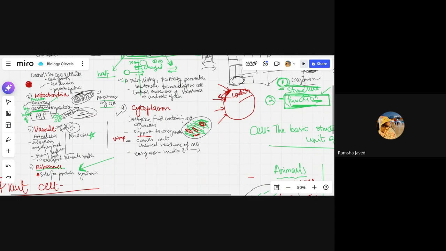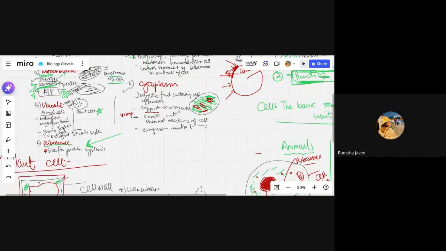Is it clear? Yes, ma'am. Good. Then we have vacuole. Vacuole is temporary in animal cells. Okay, vacuole is not a permanent vacuole. It has very less role in an animal cell. You can just remember that animal vacuoles, they store food. Okay,